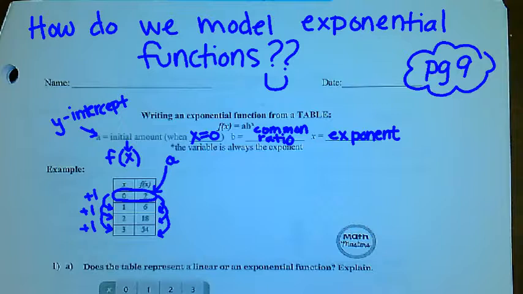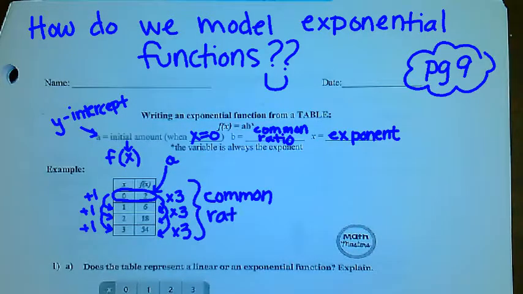Well, I know that 2 times 3 is equal to 6. 6 times 3 is also equal to 18. And 18 times 3 is also 54. So this is our common ratio. This is what we're trying to look for. So to finish this off, now that we found our common ratio, which is our b value,